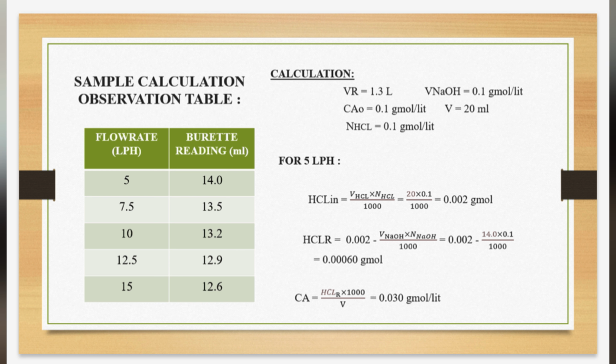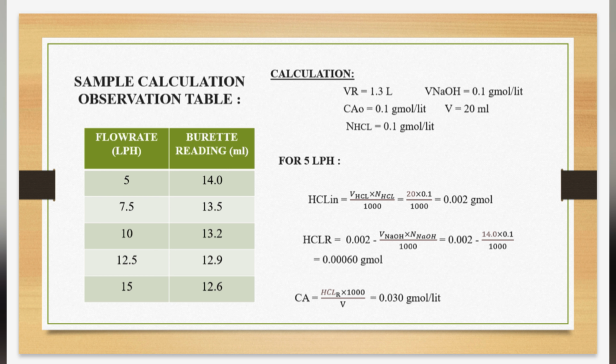For flow rate 10 lph, the burette reading is 13.2 ml. For flow rate of 12.5 lph, the burette reading is 12.9 ml. For flow rate of 15 lph, the burette reading is 12.6 ml. As you can see, the pre-assumed data for this calculation is the same as above. Also the initial value of HCl is 0.002 gram mole, but the value of